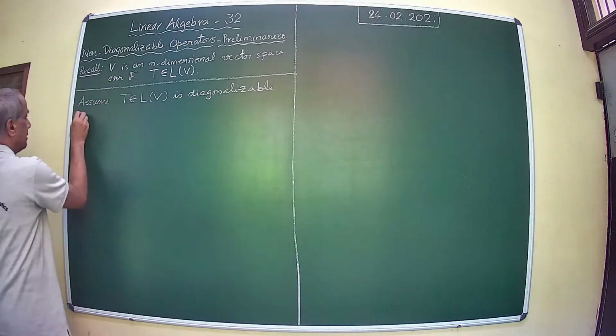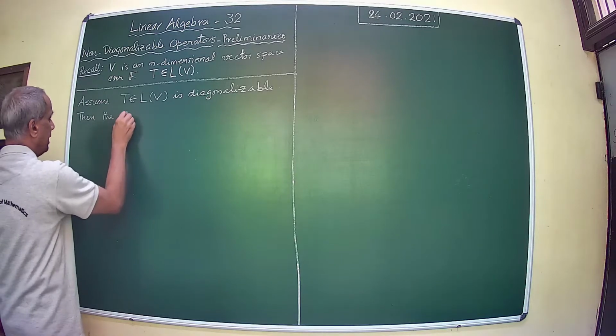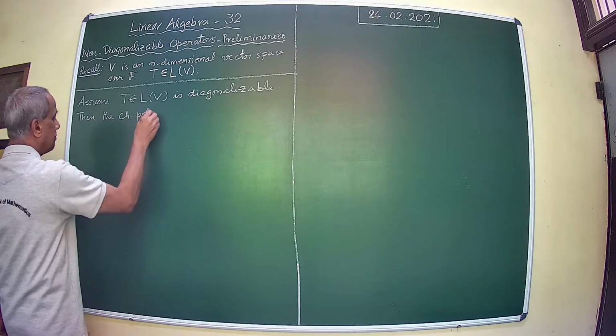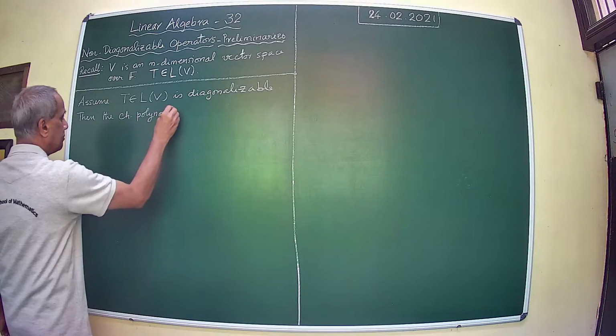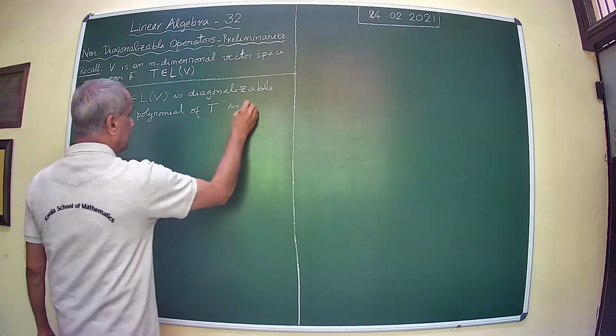Then the characteristic polynomial of T is of the form